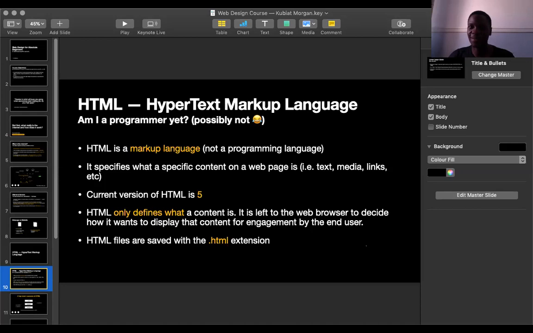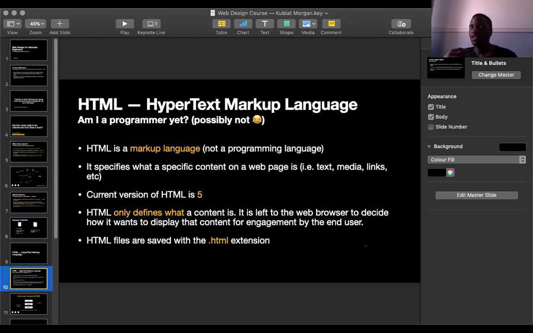But if it helps, you are a coder, which means you write code, and HTML is a language, not a programming language. Please don't make that mistake. HTML is not a programming language. HTML rather is a markup language.